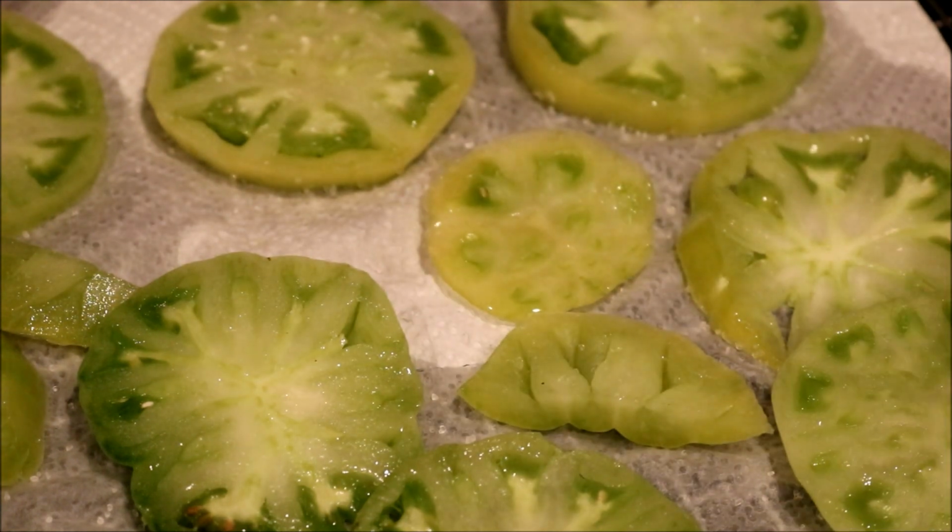Okay, and what I did is I put some kosher salt and I sprinkled them to draw the moisture out. I'm going to let the tomatoes sit for about an hour. I have about 45 minutes to go, and